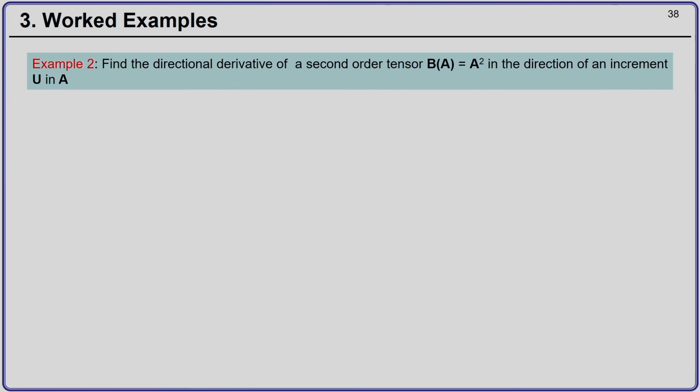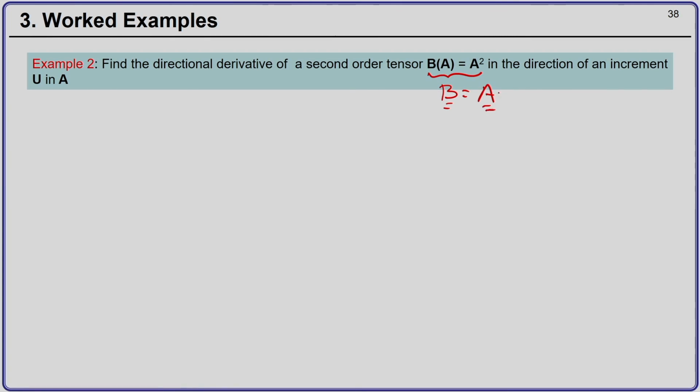So, next we go to computing the directional derivative where second order tensors are present. And consider this expression. Here B is a second order tensor which depends on another second order tensor which is A, and how it depends? B is A square, which means A into A. So, once you have A into A, we can write it as A square.